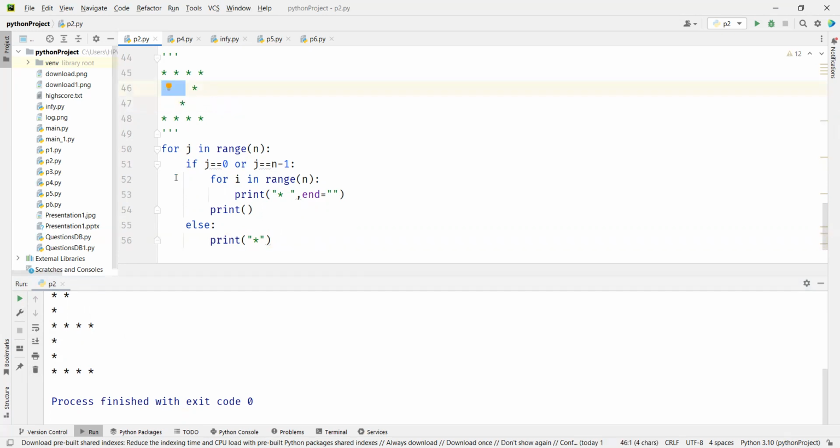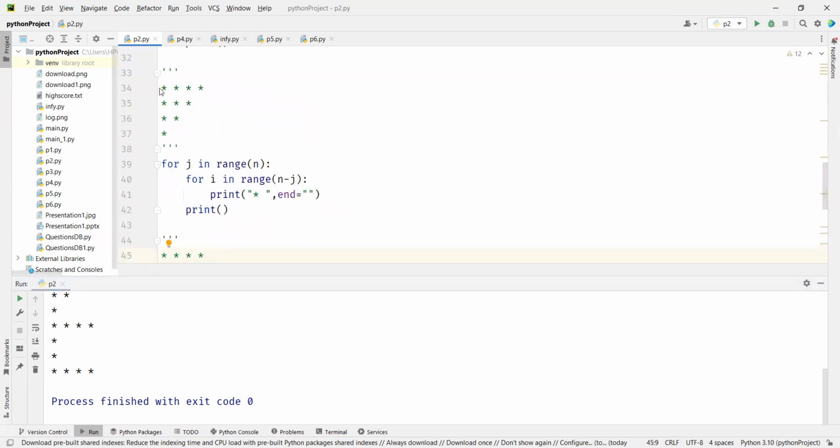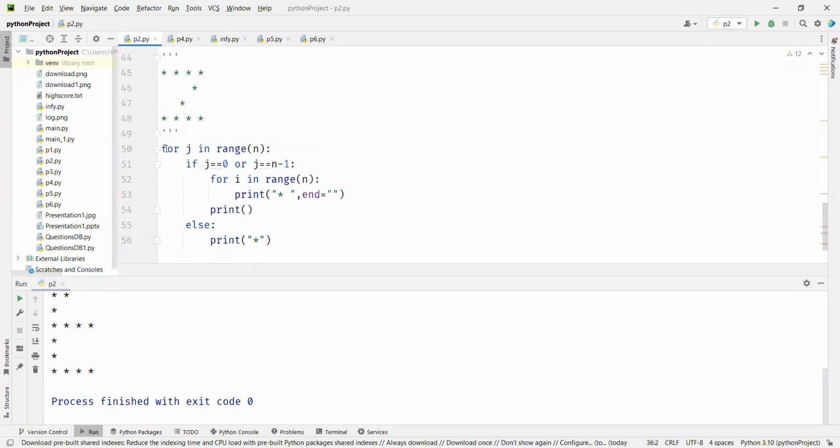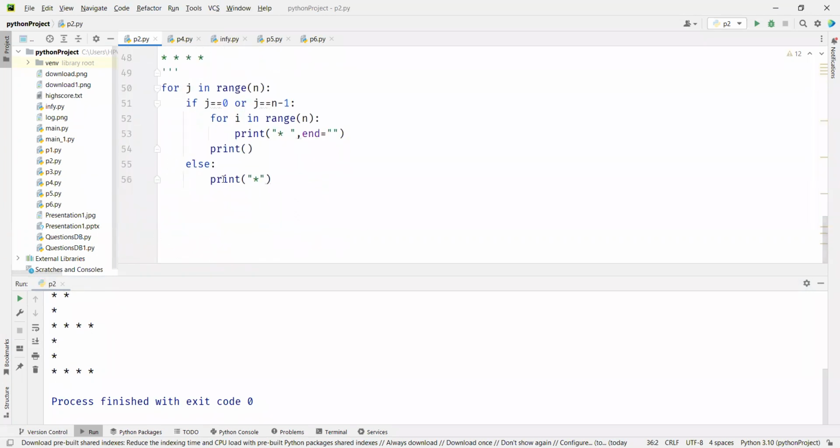Now you see, when you have spaces on the right, you don't have to worry, because right side anyway, if you leave it blank, it is space. But left side, you have to give the space. I did not print space, so it printed star from the beginning. So is this space not something like this? First you have 4 spaces, then 3 spaces, then 2 spaces, then 1 space? Of course, isn't it? So this has to be along with the star,